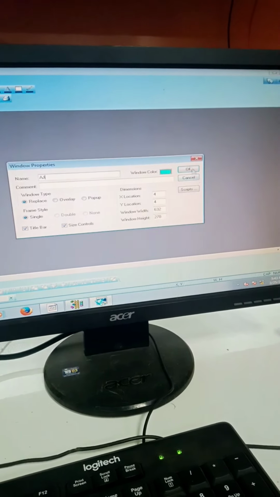Give the fill property to the lamp. When our lamp is on, the green color will show, and when the lamp is off, the red color will show. Here I am giving the address L, double click on the lamp and choose text input output. Here we give the output addressing. In our SCADA, input addressing does not work, but binary addressing does. It reads only binary addressing and output addressing. So we give the output addressing the same, but in place of the input address we give an alternate binary address.